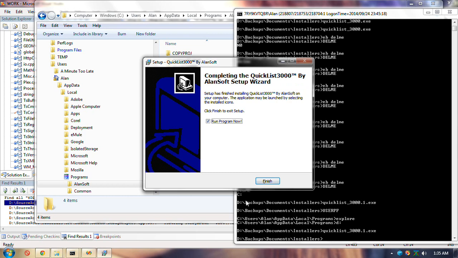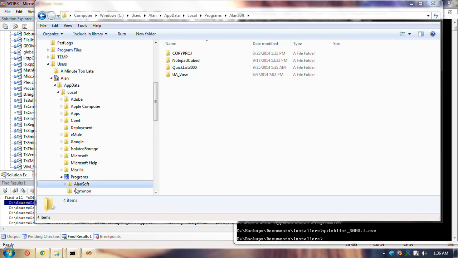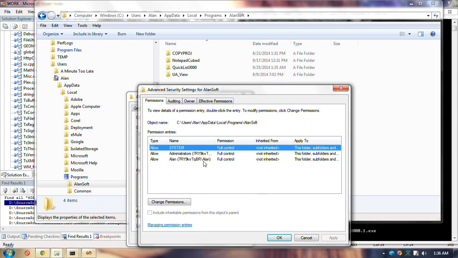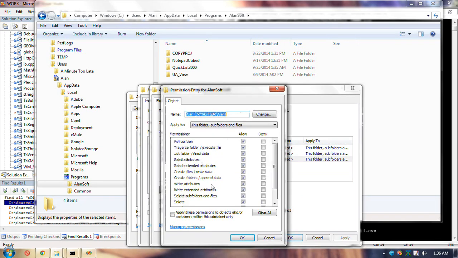See, now it's okay for me to do this because it wasn't running as an administrator. Now, to change this back to the safe scenario, let's get rid of these four. Create files, append data. That would be like if a virus wants to append part of its code to your program, it can't now.